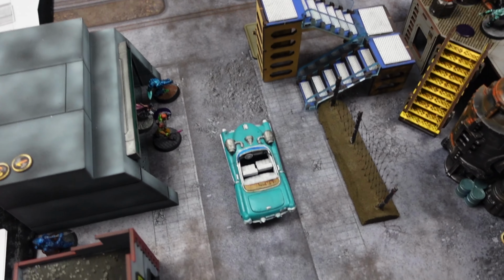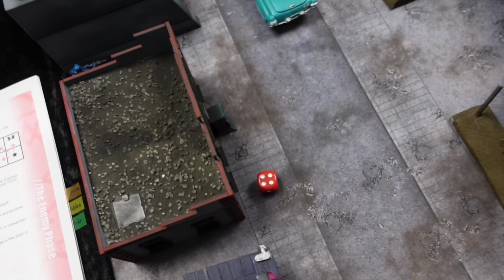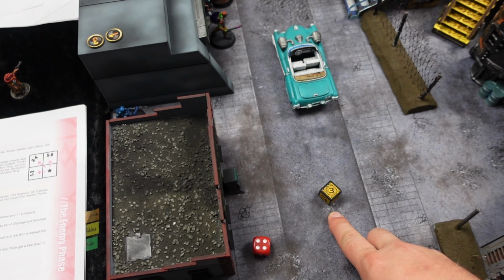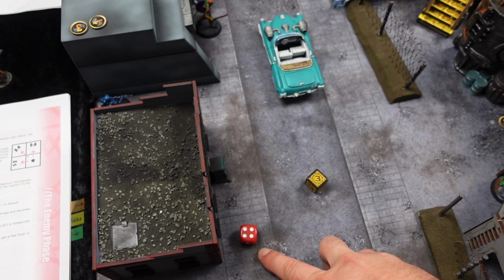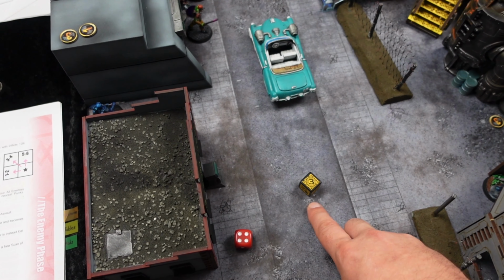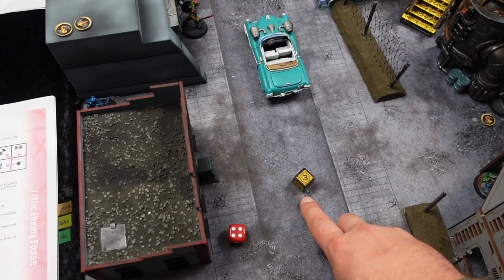And then we'll do a thing. I'm going to burn a street cred to reroll that. Okay, that's slightly better. So I'm at a 4. They are at a 3, because I'm defending, so they're -1. So they're at a 3. I'm at a 3. -1 for more damage. +1 for...